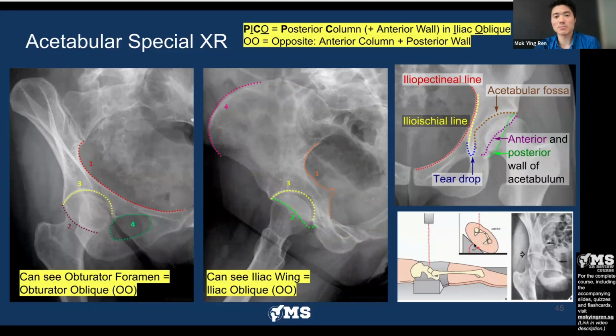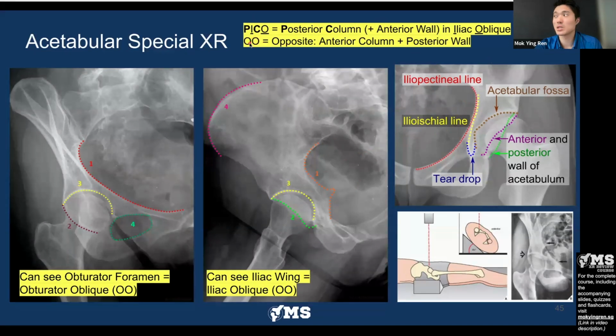Okay, and a simple mnemonic for me is this thing called PICO, right? I'm sure you've heard of this in terms of research kind of stuff. But here we see that the posterior column is best seen on an iliac oblique view. If you recall, the posterior column is visualized by the ilioischial line, and the ilioischial line is so obvious here, right? Therefore, it is good for the posterior column and the corresponding anterior wall, and the opposite will be